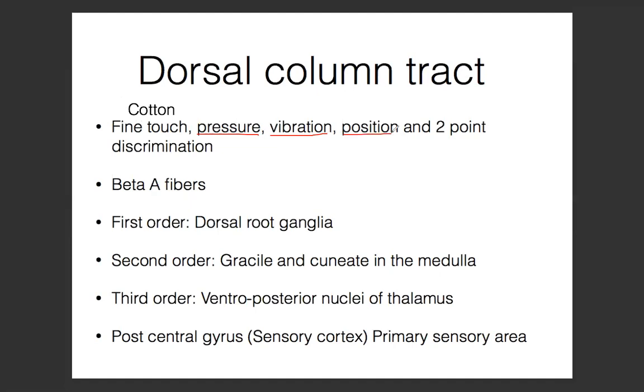Position, which is basically your ability to tell which position you're in. يعني proprioception, basically. And then 2-point discrimination, which is basically that you're able to literally tell the difference between 2 points next to each other. تمام؟ في أي زول that needs explanation لأي واحدة من ده؟